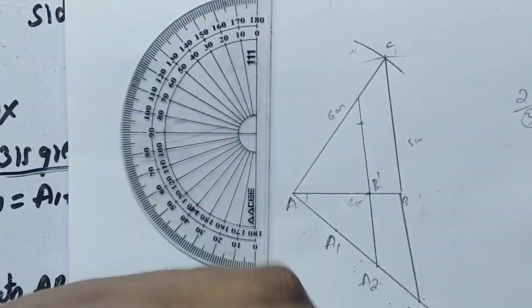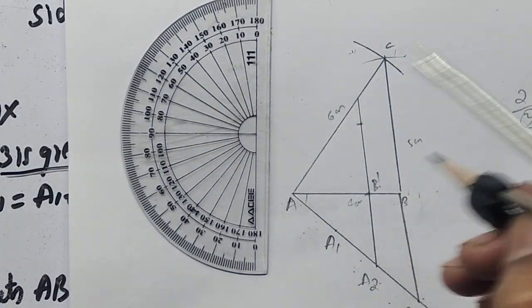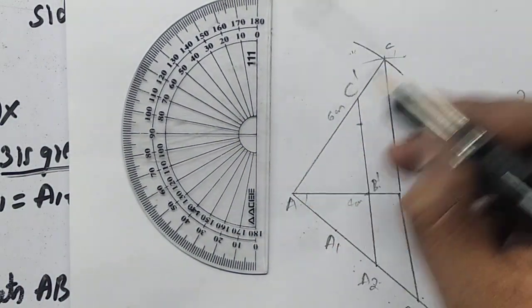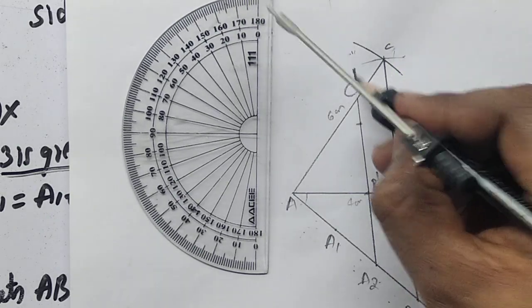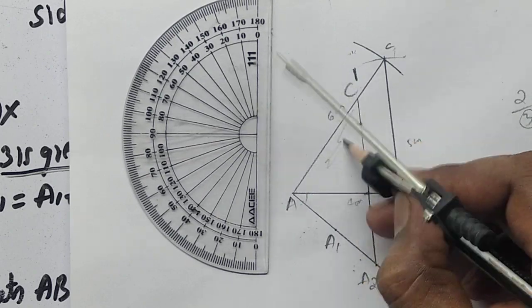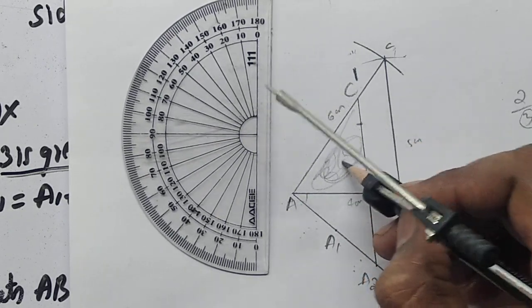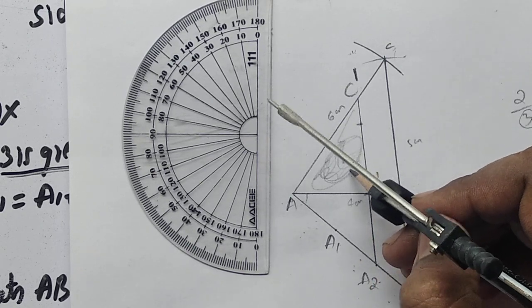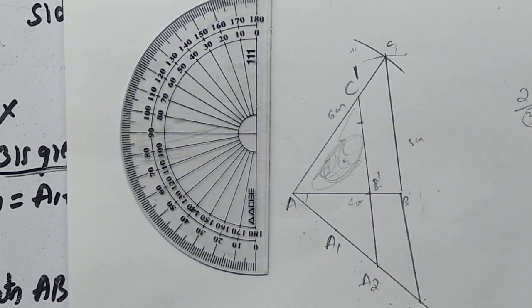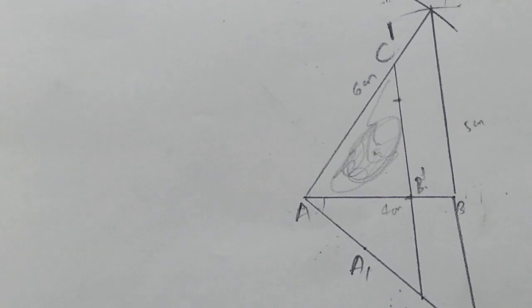So now I have drawn the line parallel to BC from B dash, which is B dash C dash. So this meets AC at the point C dash. So now this region A B dash C dash is a triangle. Okay, this is the required similar triangle. So I will just explain the whole thing again.